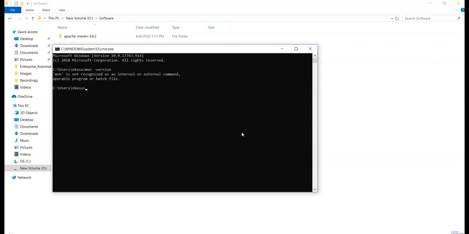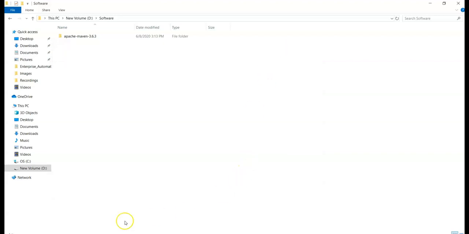Hit enter. So here we did not set up the environment variable so far. So we are getting exception like mvn is not recognized as an internal or external command, operable program or batch file. So we will get this exception as we did not set up the environment variables. So now let us set up the environment variables.